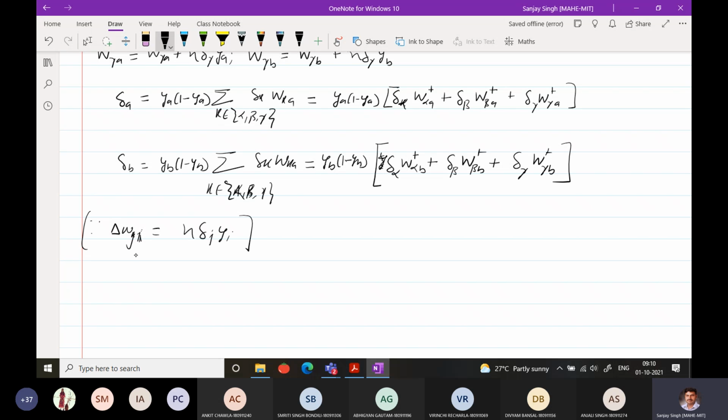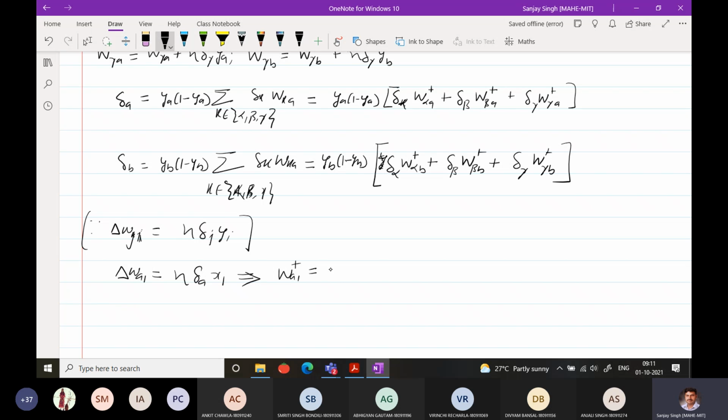Again I'm reminding you: delta WA1, meaning A taking input from the first input, is eta times delta J, where delta J means delta A, and YI means X1, that is the input, right? Keeping this into account, I can write